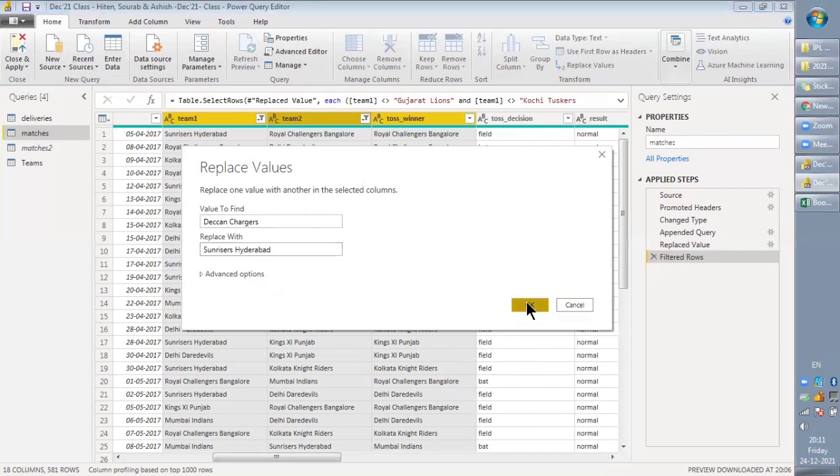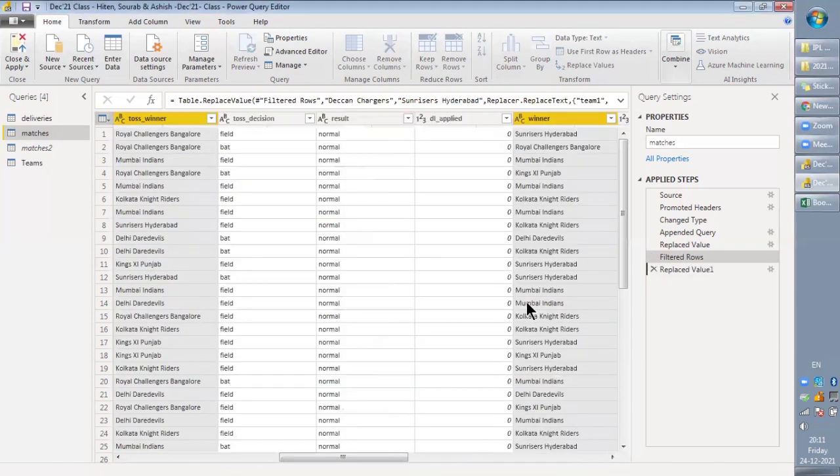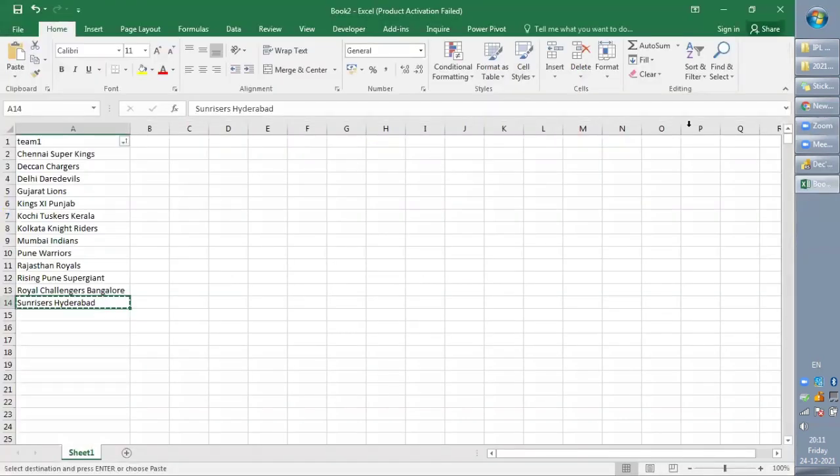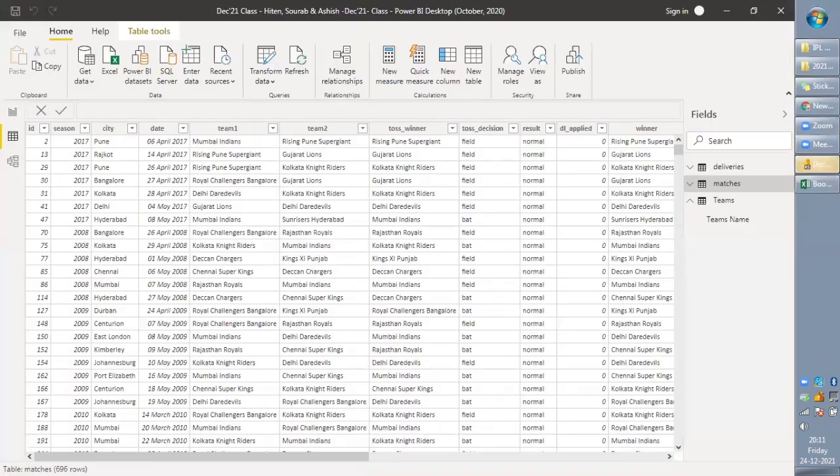Okay, click OK. It will remove it. Now let's apply, close and apply, and we'll check there. Okay, it's there.